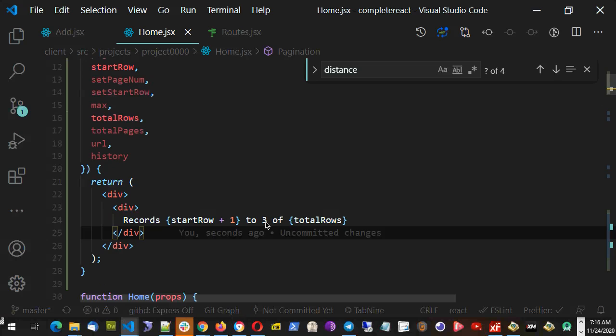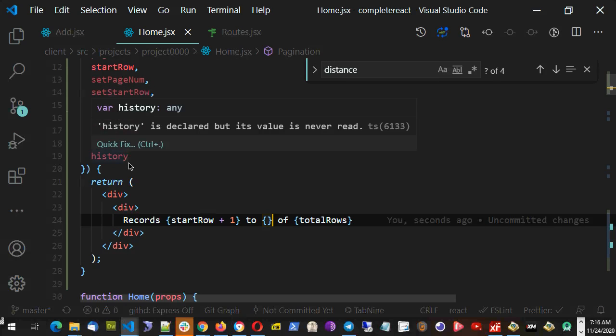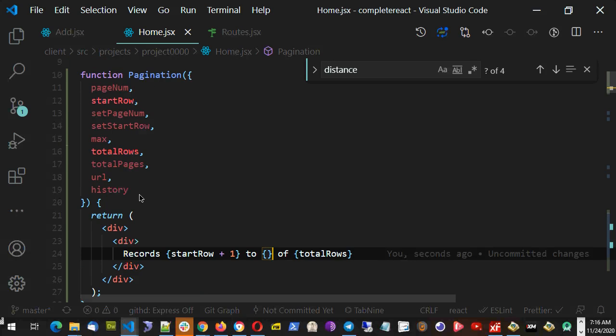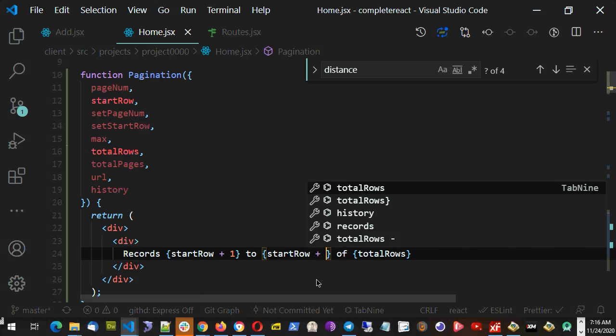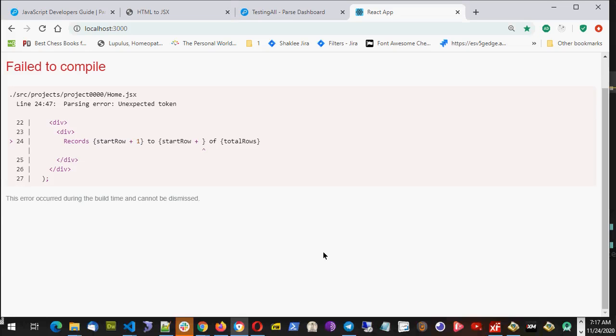So in the first page, it should be 3. In the second page, it should be 6. So like this, we have to increase the number. So if I say start row plus maximum rows, then you will see